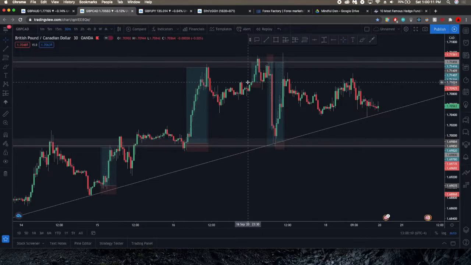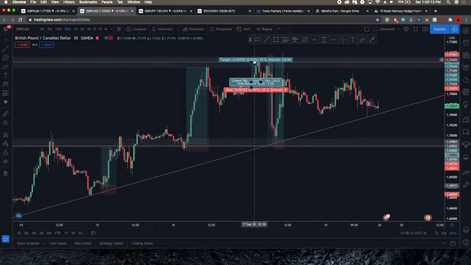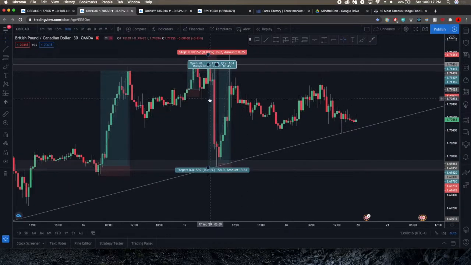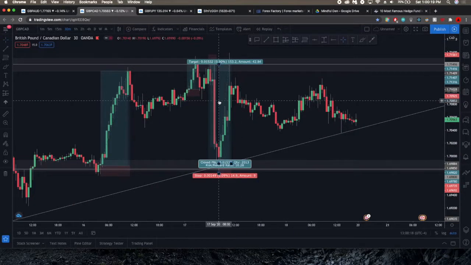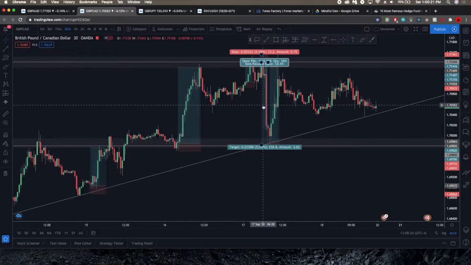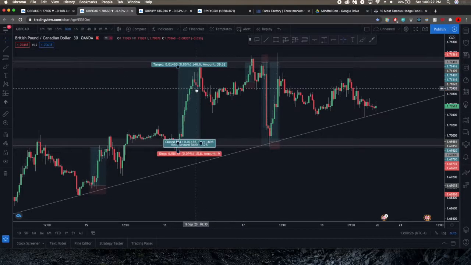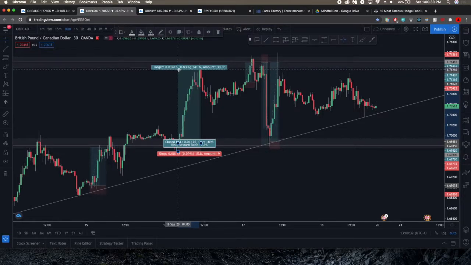The scalp was okay, not the best quality trade, but I'll be the first to admit that. But it got me 6%. So, and then 150, 160, 320, 40 pips, 360, we can just do 150. No, we'll do 140. 360, 140, 500, 570 pips on GBPCAD.